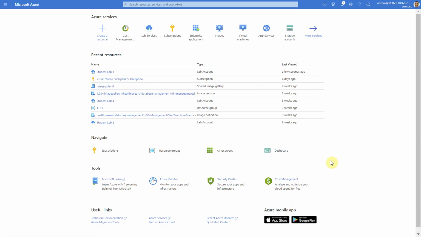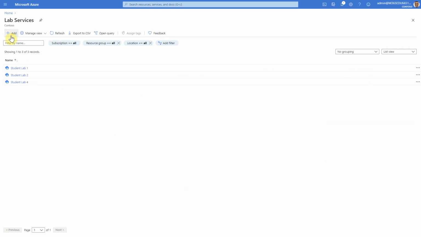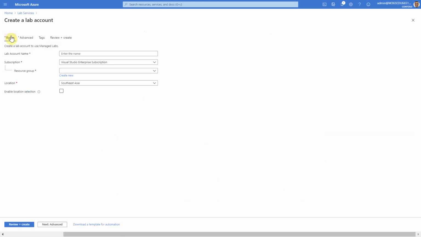We are at the Azure Administrator screen in the Azure portal, and here is Lab Services. Pressing that, I go into the Lab Services screen, and here I already have 3 labs created. I can create a new lab by simply pressing the Add button, entering the name of the lab, my subscription, the resource group, location, and also if I want the location to be changed, which will have an impact on what type of machines will be allowed in creating the VM.